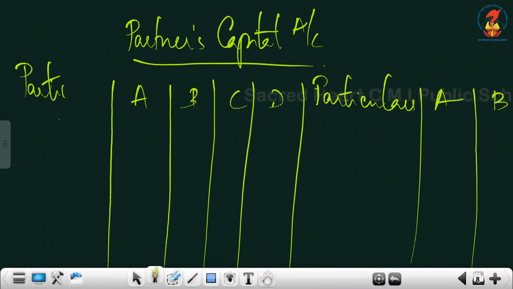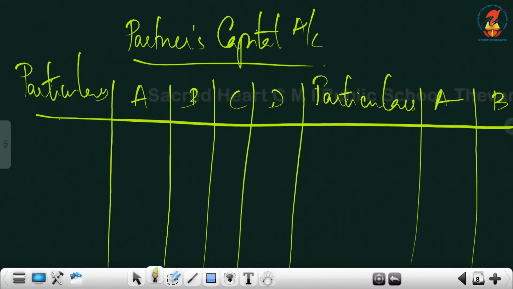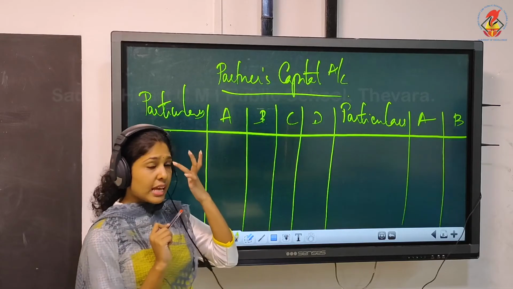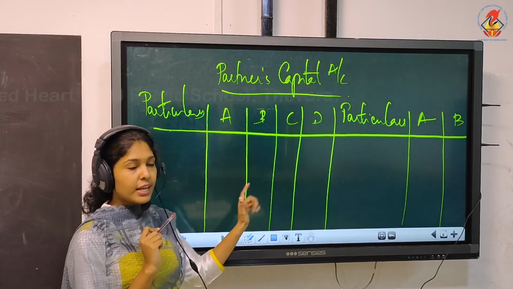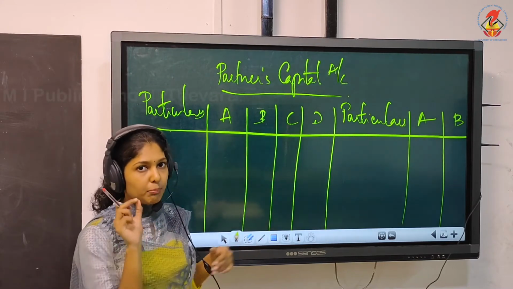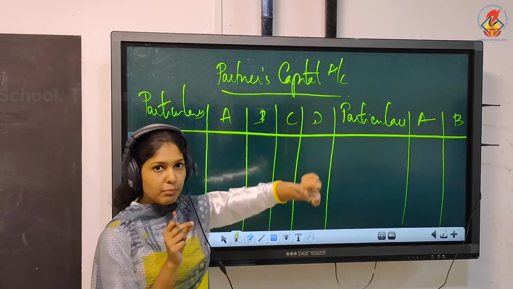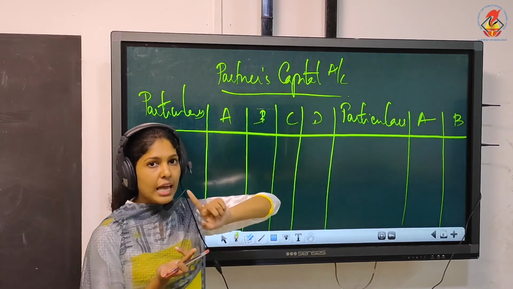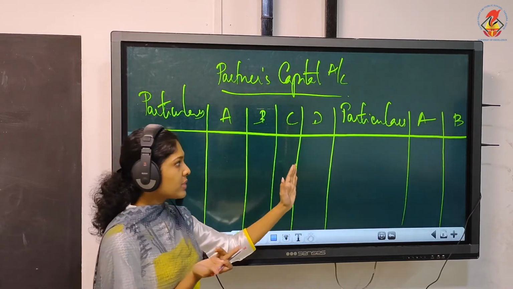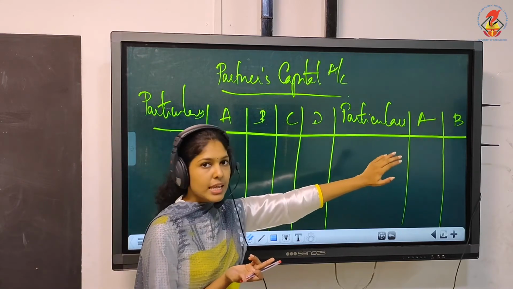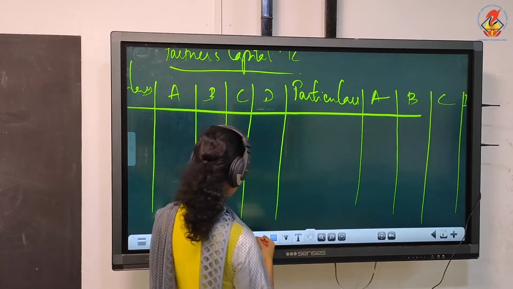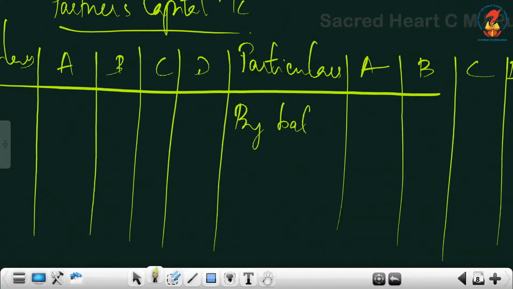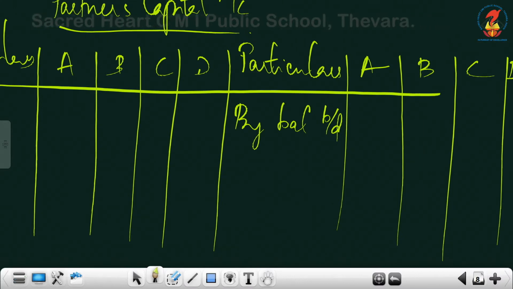And how will you start the partners' capital account? We have to start it with the opening balance. And remember, for your exam, some people wrote the opening balance on the debit side, then the entire capital account will go wrong. Be very careful. Capital account means it's a liability. Capital is a liability for the firm. So capital, nature is liability. It is having a credit balance always. So on which side will you write the opening balance? Don't make a mistake. Start it on the credit side. By balance brought down, opening balances, from where will you get? You can take it from the balance sheet. 60, 40, 20.